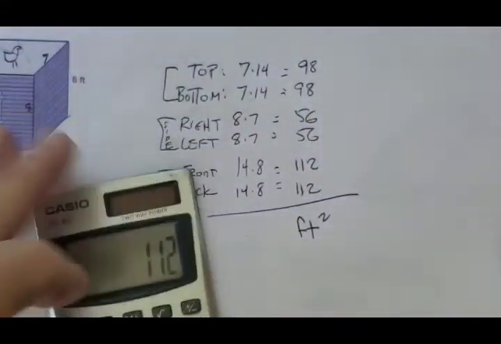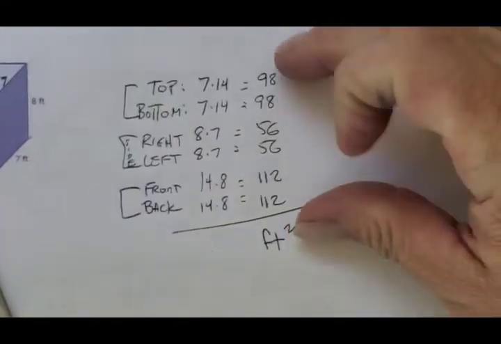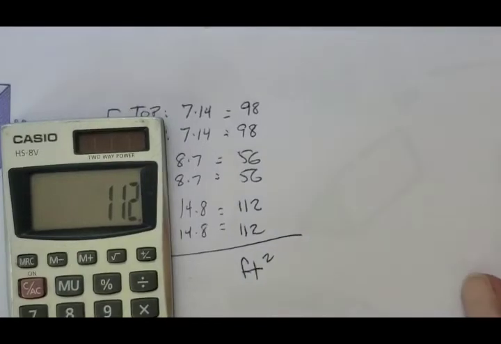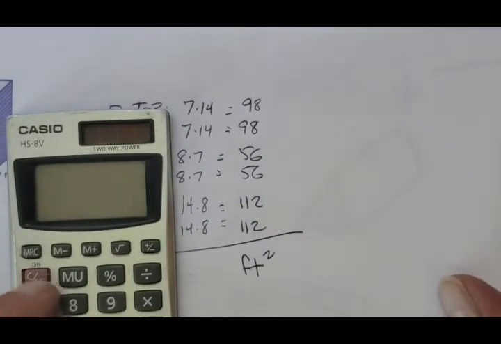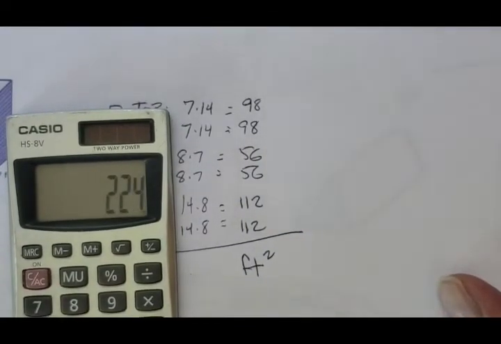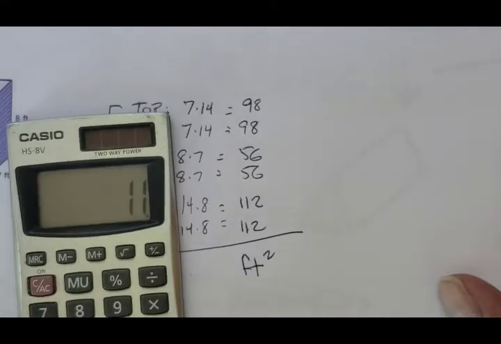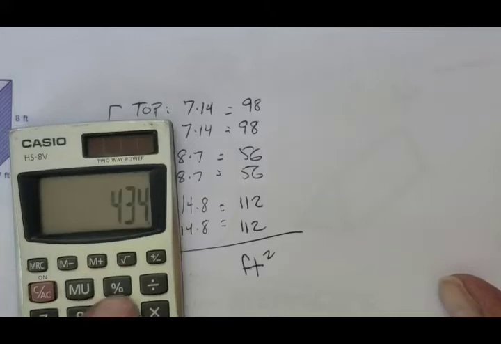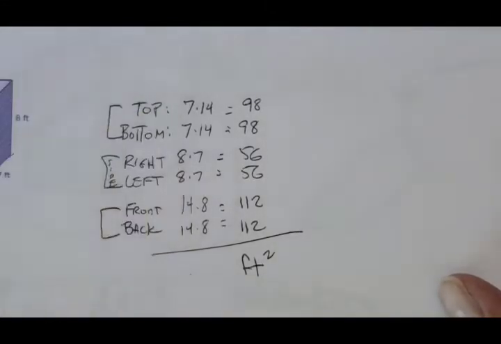Make mistakes. Okay, there we have it. So I'm going to take all of these, add them together. So 224 plus 112 plus 98 plus 98 equals